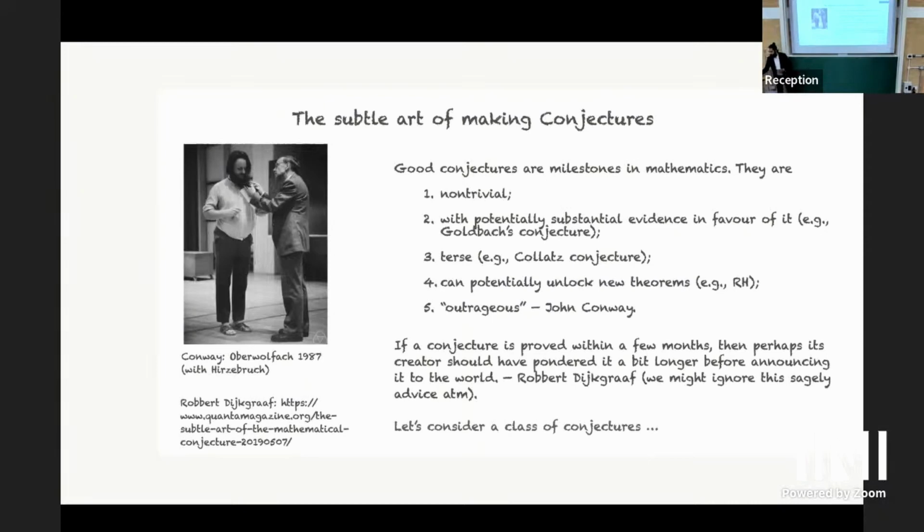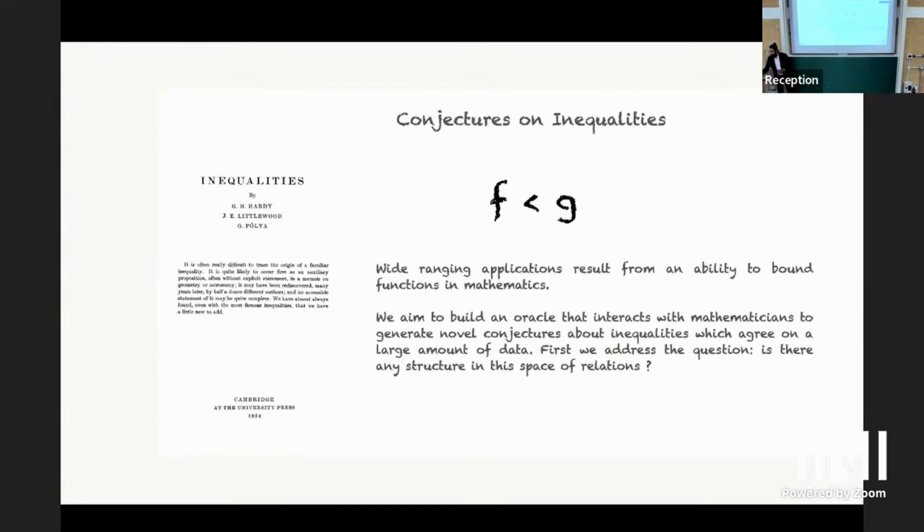Right. So let's consider a class of conjectures. The class of conjectures we have been working on are inequalities. I don't exactly remember why I chose to work on this, but I remember being in Berkeley, visiting Shubhayan, who is one of the co-authors of our paper, and working on this, and he did not object. So that's the only reason. But some of the practical reasons are that inequalities appear everywhere in mathematics. They're ubiquitous, and have wide-ranging applications.